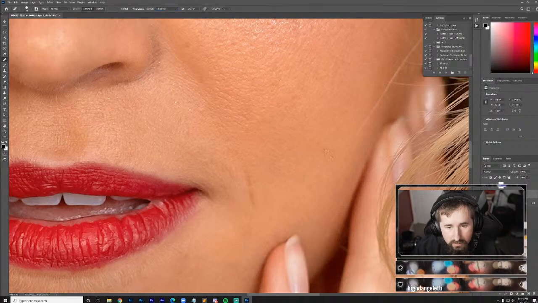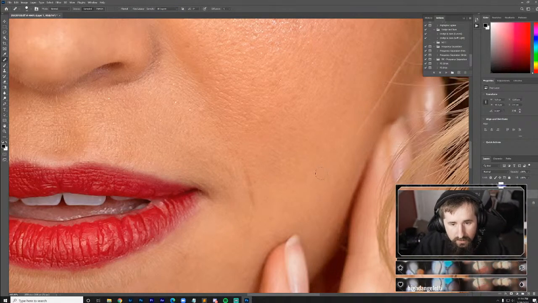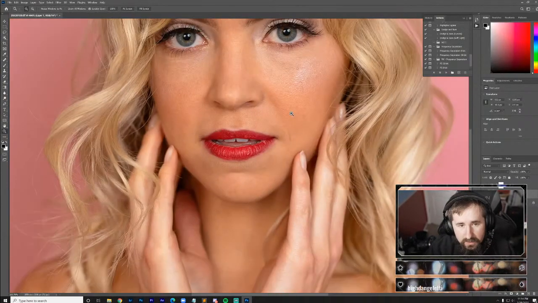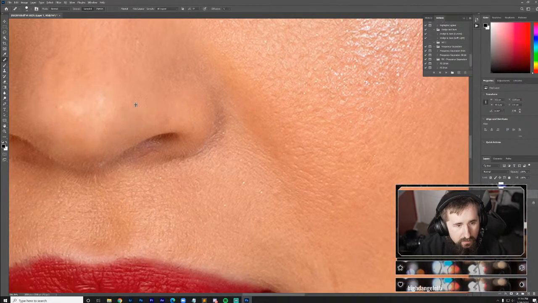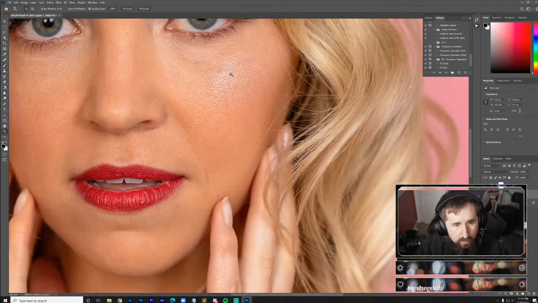All layers. And now we're getting rid of it. It's going to look just like this where that crosshair is. Now we're not going to do a lot of these like deep pockets here because we're going to do this in frequency separation, but just as you could see. So basically, if you want to clear that spot, you just take a sample of where you want it to clean,